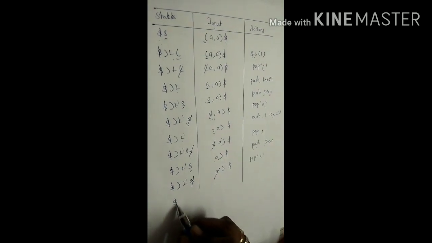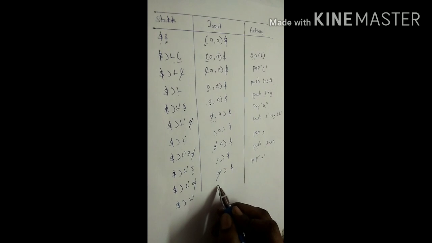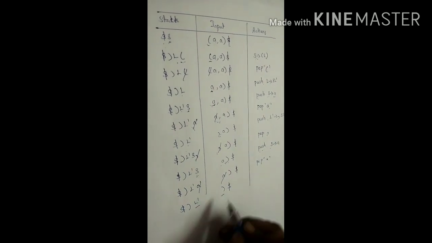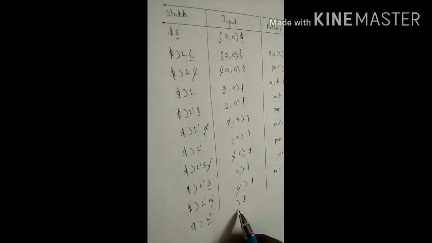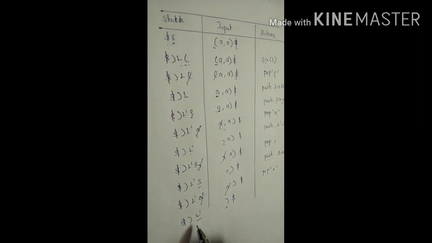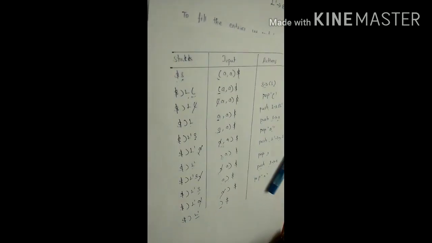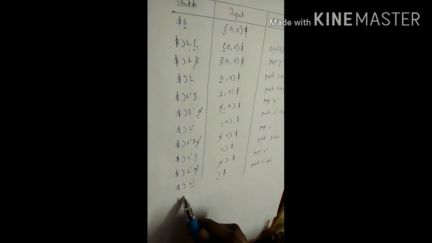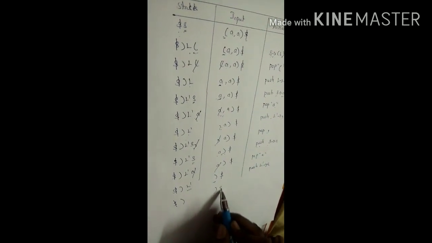Now we have dollar, close bracket, L dash on the stack, and close bracket and dollar in the input. Now we have to consult the parsing table. The current input symbol is close bracket, and the current symbol on the stack is L dash. For L dash, close bracket, we have the entry L dash tends to epsilon. So push L dash tends to epsilon. Then we get close bracket and dollar.